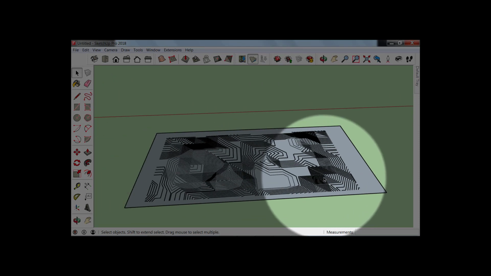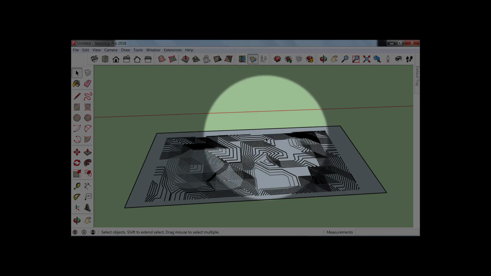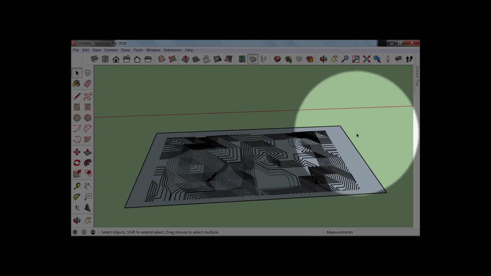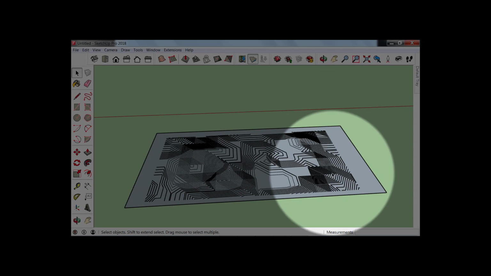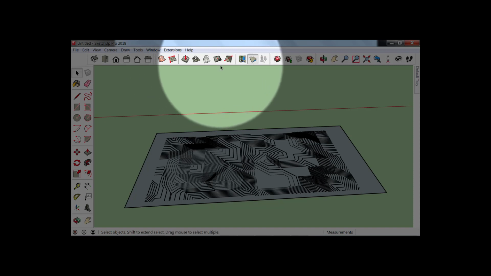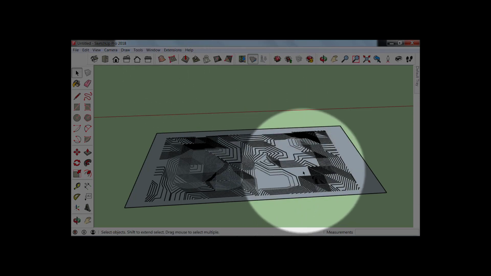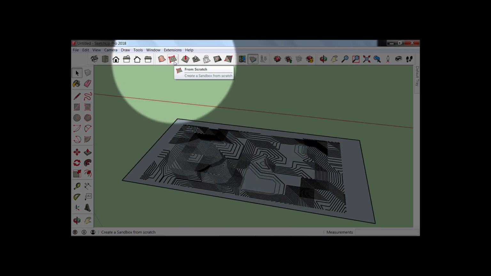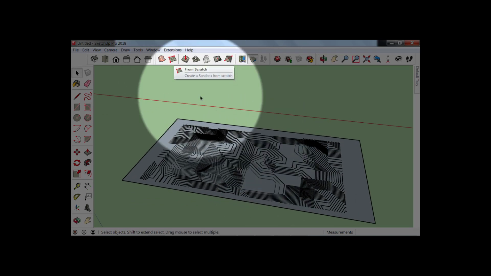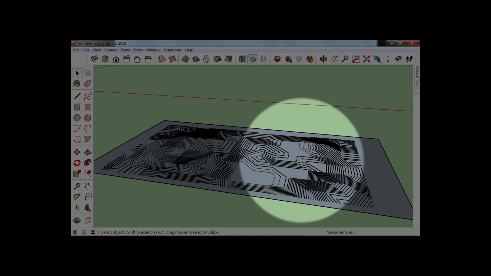Hope this was an interesting session, and this is more than enough as a beginner for you to understand the sandbox. At a very advanced level, we will be using your stamp tool, smooth tool and other add-details tools, which come under your sandbox. For example, building contours from scratch as well. That we are not going to cover in our section here.